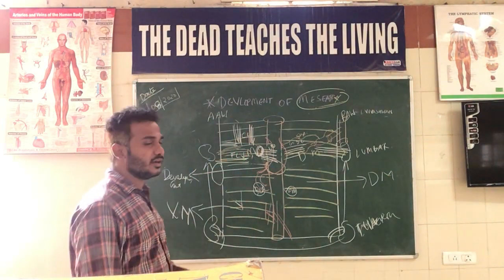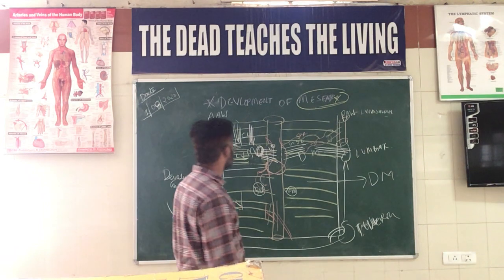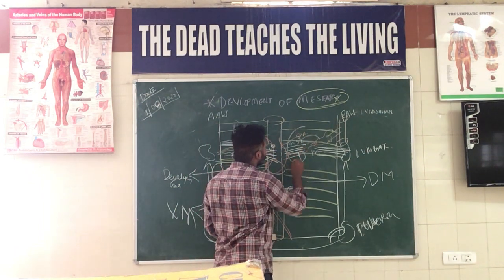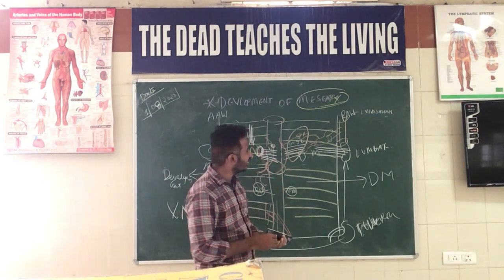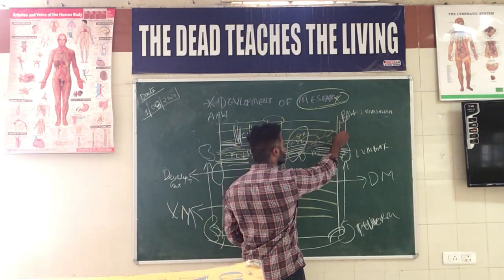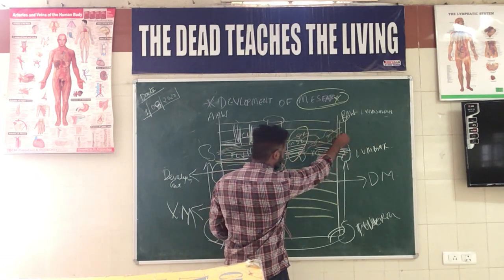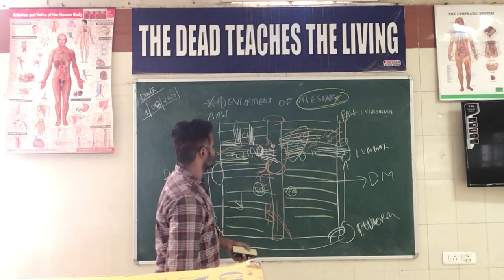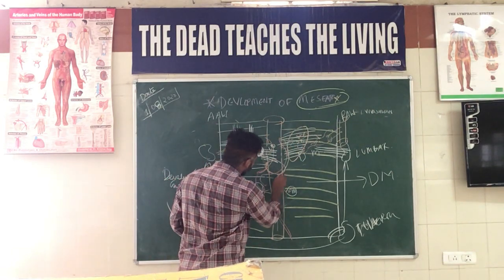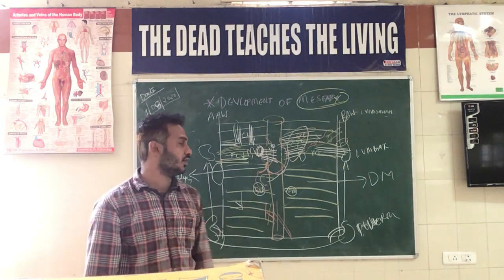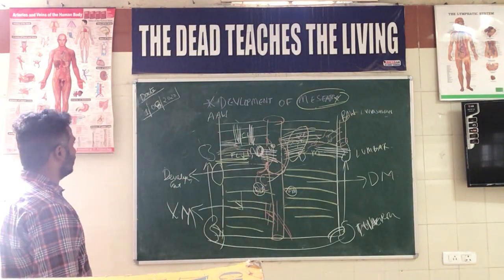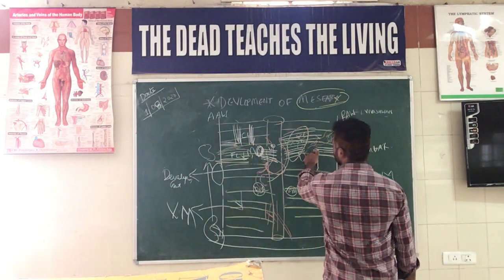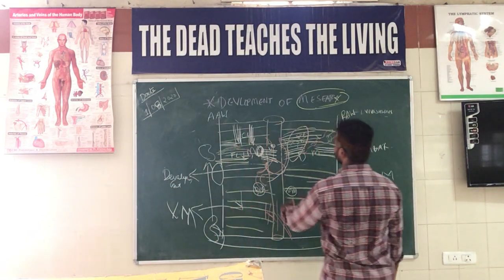So there is a common one-liner MCQ: the content of the gastrosplenic ligament is nothing but the short gastric artery. The short gastric artery, a branch of the splenic artery, which comes from the celiac trunk of the abdominal aorta, is enclosed in the ligament so that it can supply the greater curvature of the stomach. So it is something like this. We have now completed the liver, the spleen, and the ligaments associated with them.